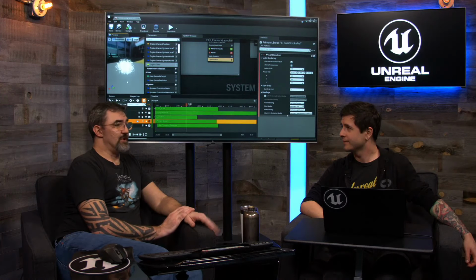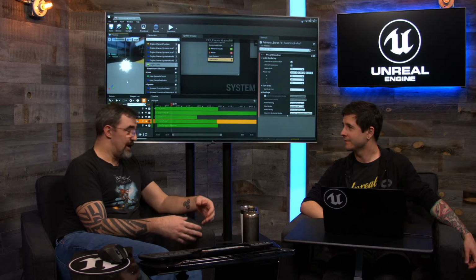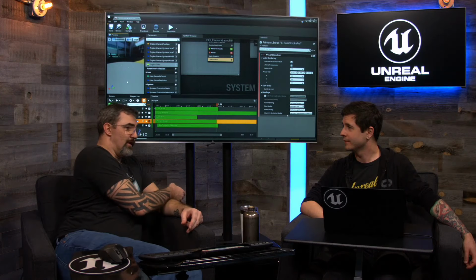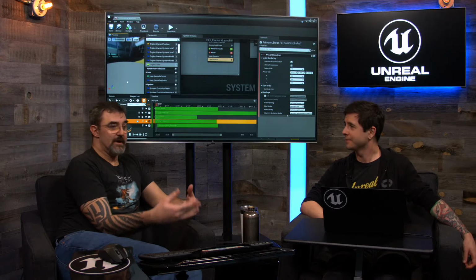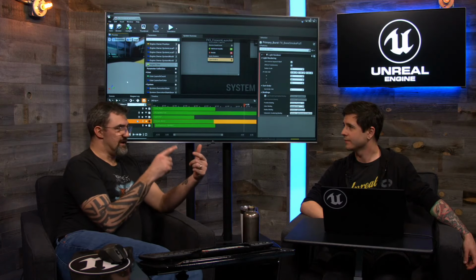you wanted the simulation result, what do you want me to do with it? And then you drop a renderer on top of that, and that says, okay, that point and that payload, here's how to represent it visually. If it's a mesh, if it's a sprite, if it's a light. Ribbons are a little different,